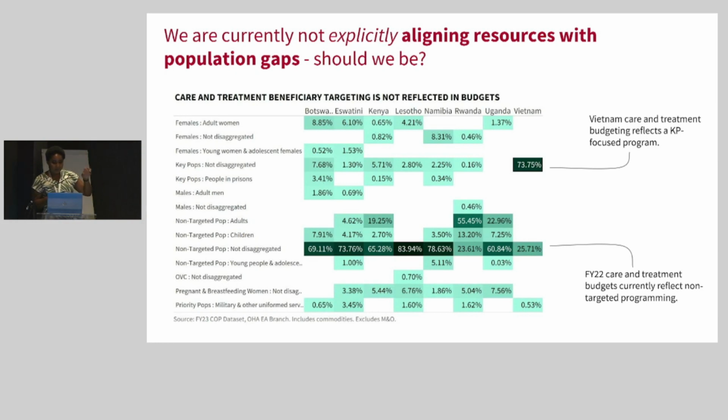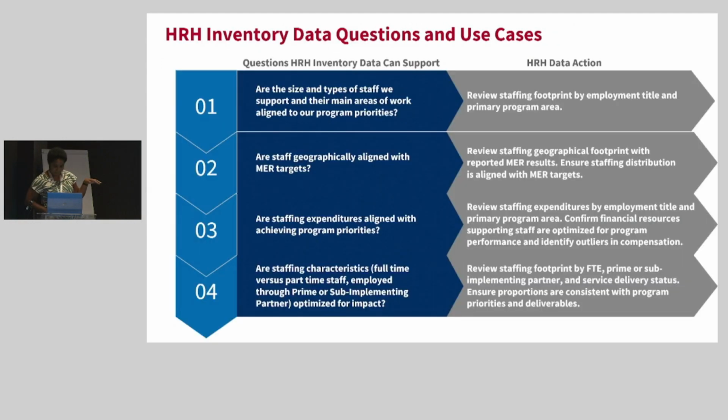And we can talk more about some approaches to expenditure allocation later on in slides, but these are just, again, examples. With HRH inventory, the health workforce is a significant investment across PEPFAR programs. Just the other day, we were hearing in panels about how many community health workers were trained through PEPFAR, how many folks at sites were trained through PEPFAR. So in some countries, the expenditure of the HIV health workforce is upwards of half the country's total PEPFAR funding